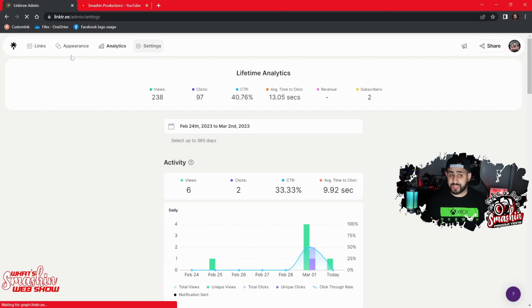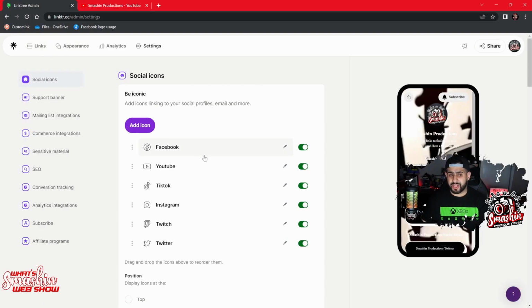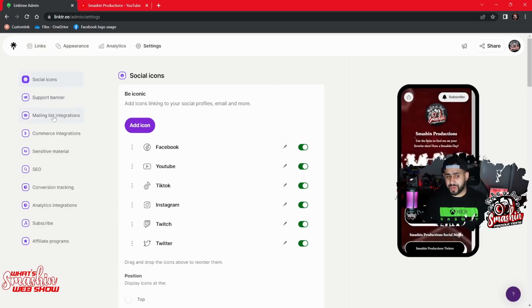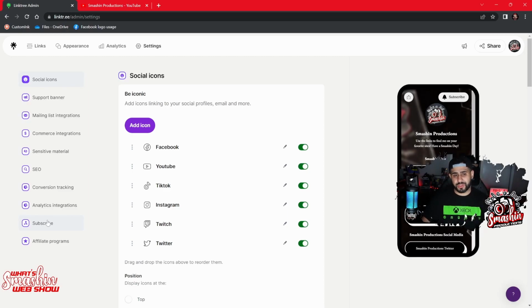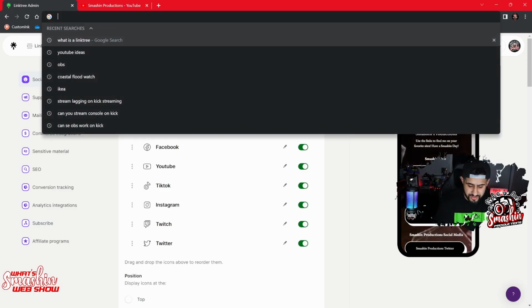And then you go through your settings, which I'm not sure. Yeah, actually, what you want to do: your support banner, your mailing list integrations, your conference integration, sensitive material, SEO, conversion tracking, analytic integrations, subscribe, and affiliate programs. So when you go through this and you're seeing all the value that it can give you, like, look, mine is,